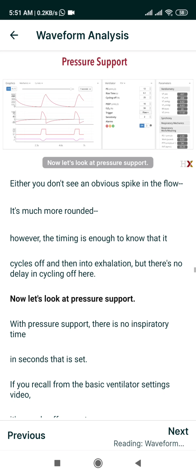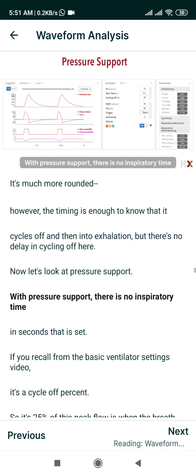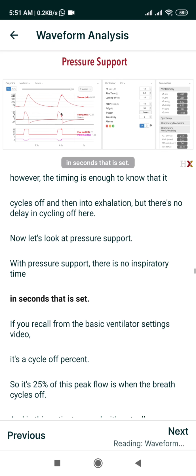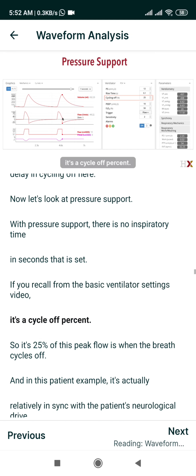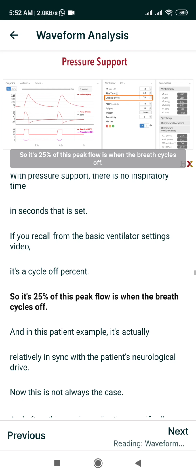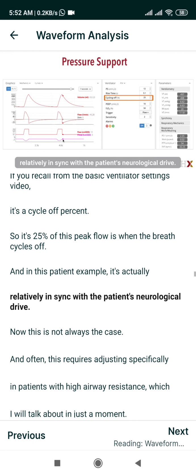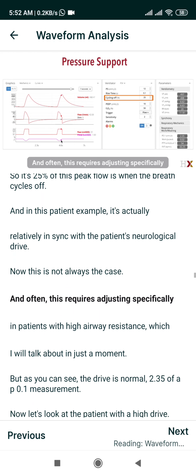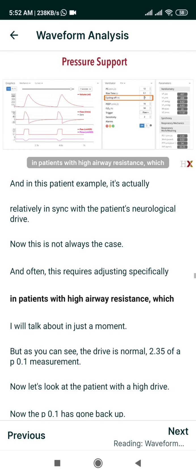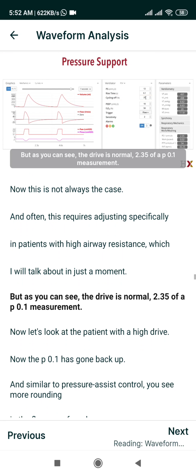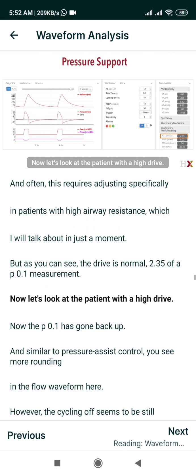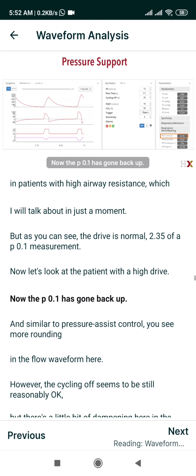Now let's look at pressure support. With pressure support, there is no inspiratory time in seconds that is set. If you recall from the basic ventilator settings video, it's a cycle off percent, so it's 25% of this peak flow is when the breath cycles off. And in this patient example, it's actually relatively in sync with the patient's neurological drive. Now, this is not always the case, and often this requires adjusting, specifically in patients with high airway resistance, which I will talk about in just a moment. But as you can see, the drive is normal, 2.35 of a P0.1 measurement. Now let's look at the patient with a high drive. Now the P0.1 has gone back up,